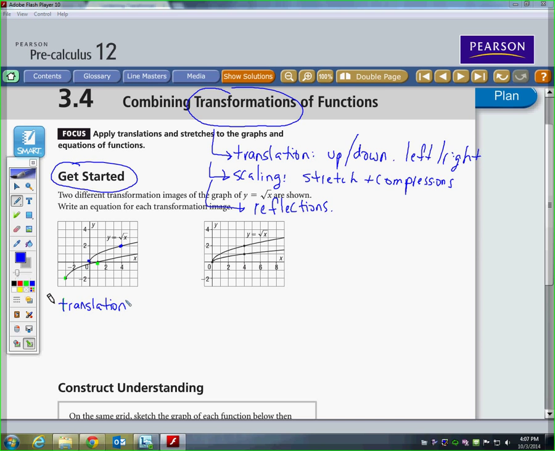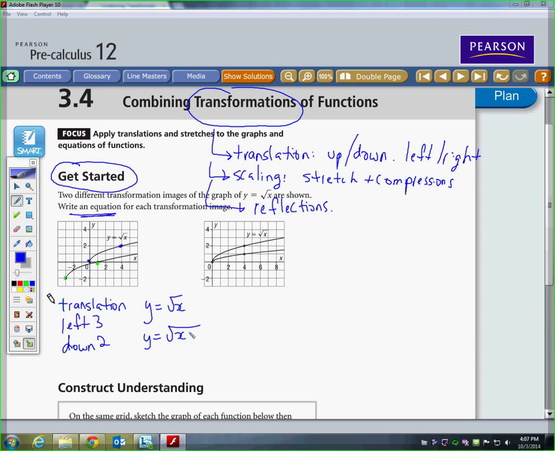So in our first example, it's just a translation. So it seems to me it's going left 1, 2, 3, and it's going down 2. So we need to write an equation for this. So if we remember from our initial lesson, I think it was 3.1, if I'm starting with y is equal to square root of x, to go left 3,